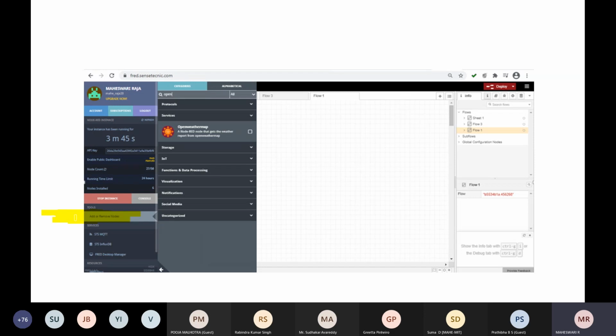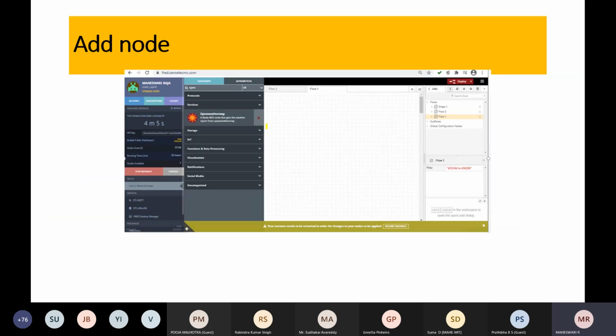So you have to select this option. Then in this option you can type open weather map. You click this, it will be installed and that will be utilized. So many online services could be used using FRED as well.